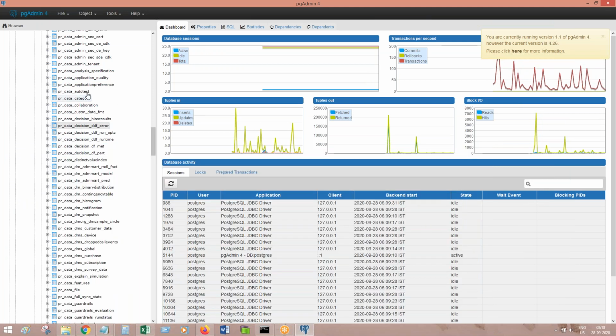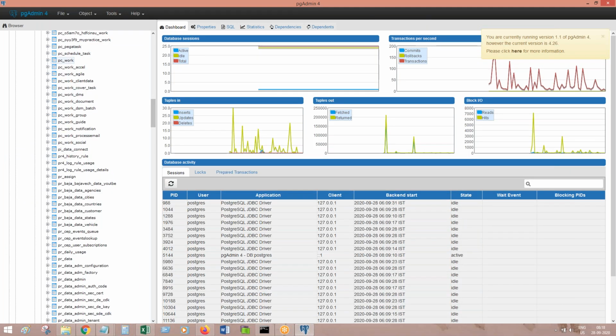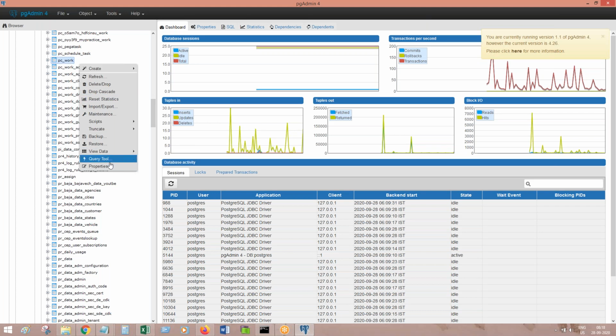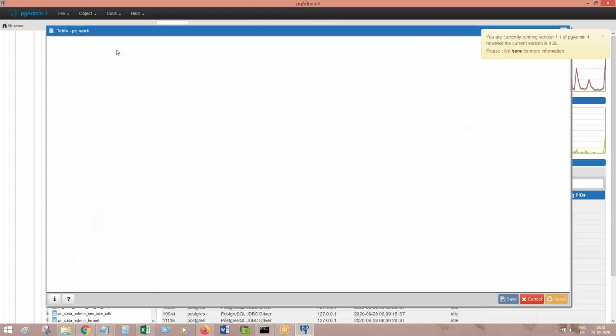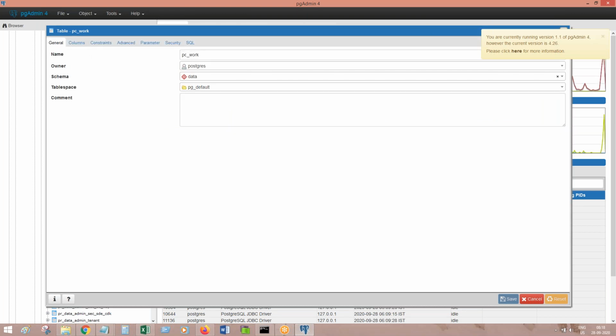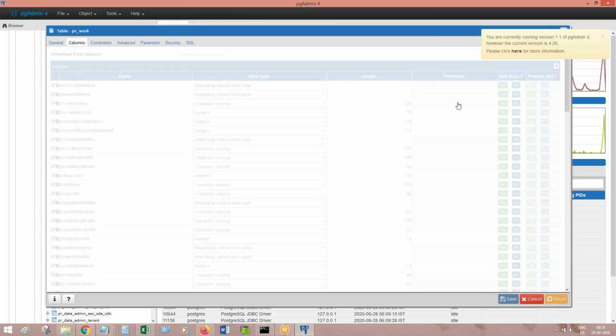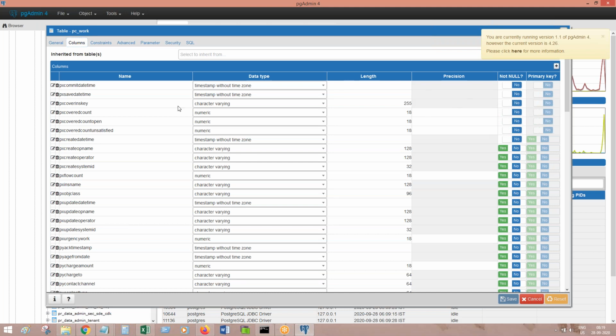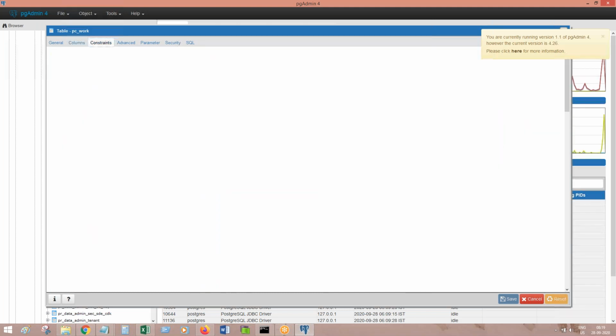Now let me go to another table, let's say the work table. Properties. What is the column? Instead of refreshing, we can go to constraints to find that out easily. Why is it not coming?